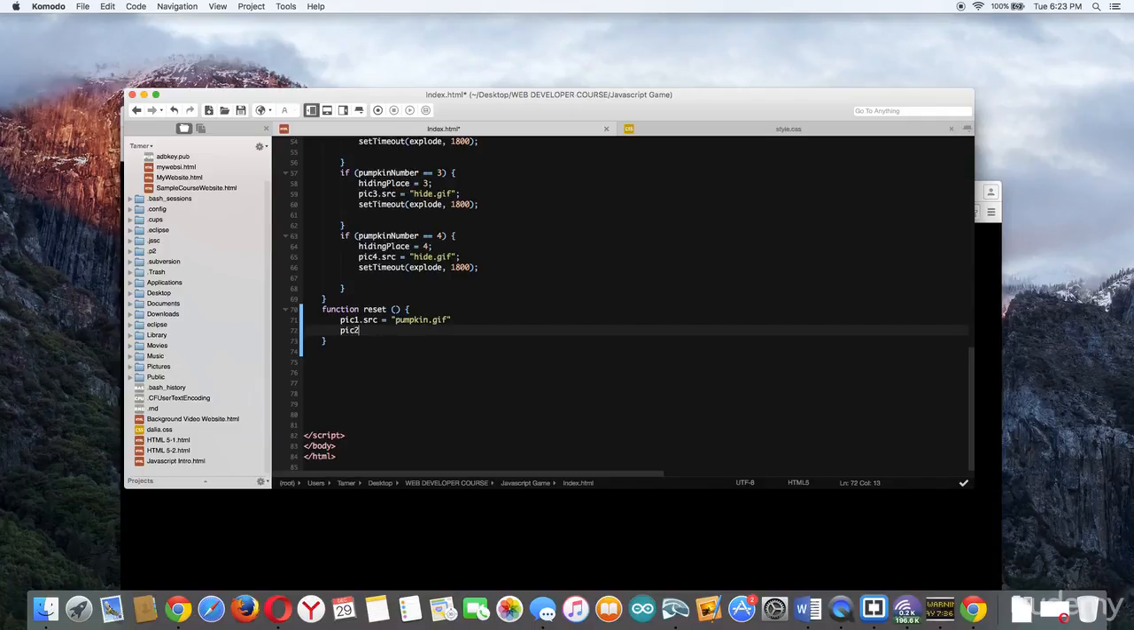So pick2.src will equal pumpkin.gif. And then pick3.src, so we're taking out the source, will equal pumpkin.gif as well. And lastly, pick4.src will equal pumpkin.gif. Now what we've done is we've created another function, and that when this runs, it's going to reset our code,